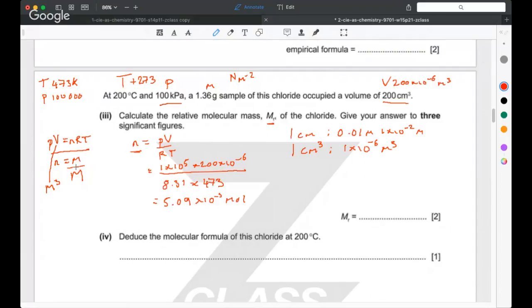Very good. So we've successfully got through using the ideal gas equation. We just had to make sure that we changed these various quantities into their correct units before we plug them in. We've got the amount, the number of moles, and you can see here that if we know a mass, there it is, and we know the amount, then we should be able to calculate the molar mass. So just rearranging that, the molar mass is the mass divided by the amount, the number of moles. So we've got to take that value for the mass and divide it by that value for the amount, the number of moles. And if you do that, you end up with a value for the molar mass equal to